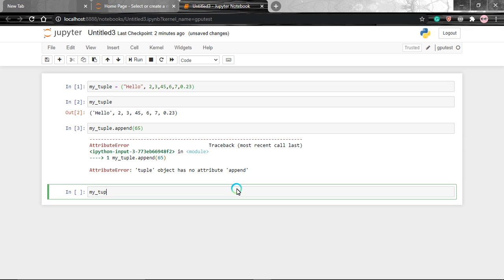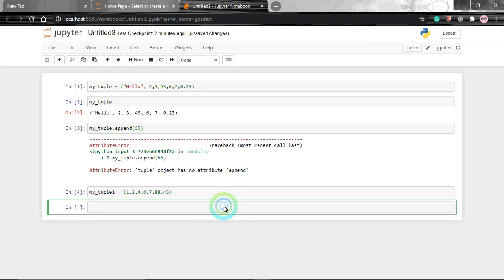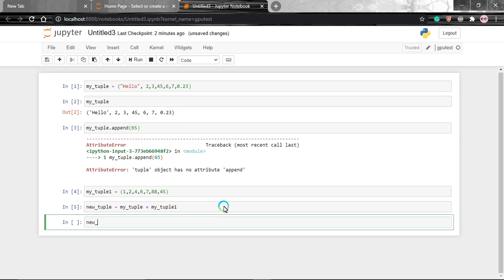What I mean is, let's say there is another tuple, my tuple 1, and this is 1 2 3 like this, and if I want to make a new tuple and I want to add both, my tuple and my tuple 1, this command is performed without any errors.